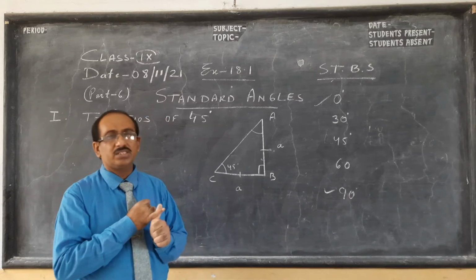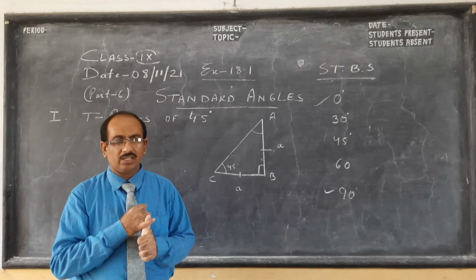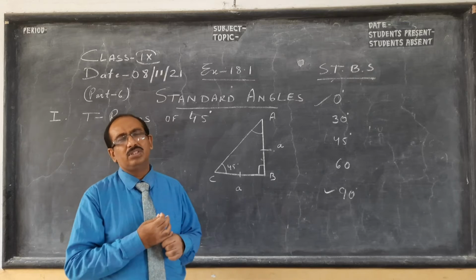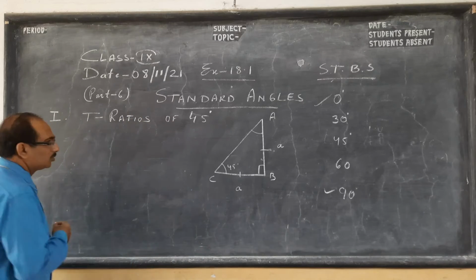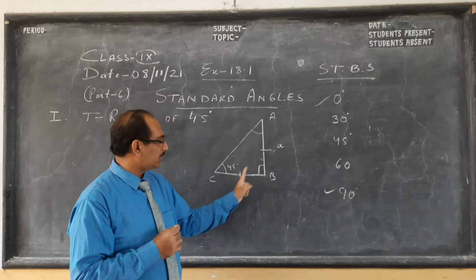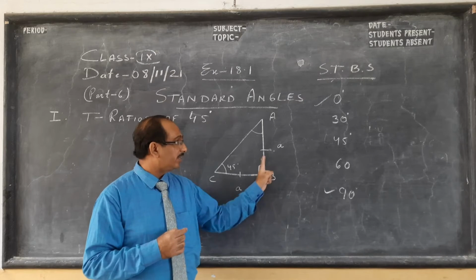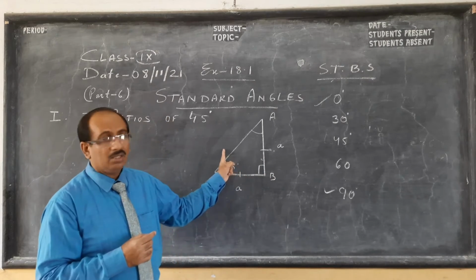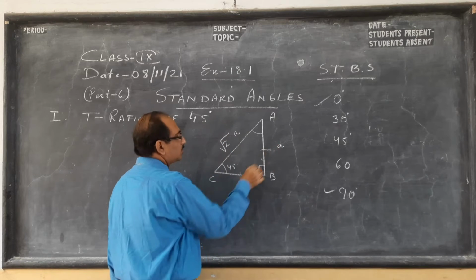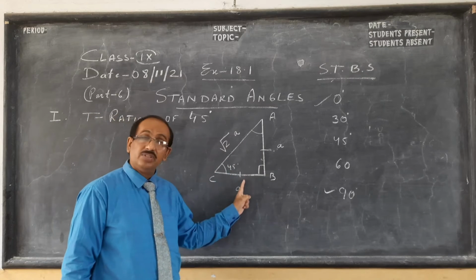Now let us see. There are 6 trigonometric ratios, but basically I'll go with 3 only. I don't want to do all 6. You can see in the book, because the other 3, cot, cosec and sec, are reciprocals, children. So first I'll discuss these; later on we will just take the reciprocal and see. Once more, this is an isosceles right angle triangle. 2 sides are equal. Now first thing, if 2 sides of a right angle triangle are equal, the hypotenuse will be root 2 times one of the sides, which is a.